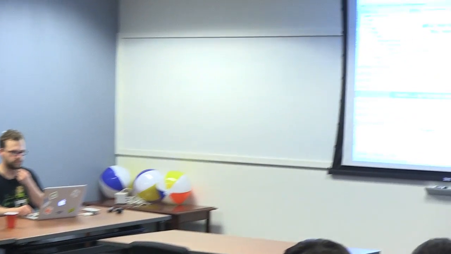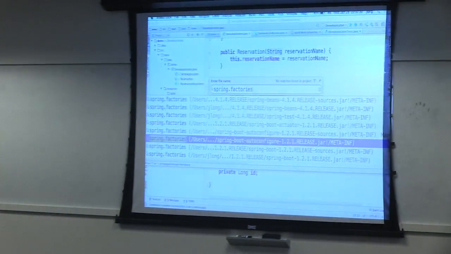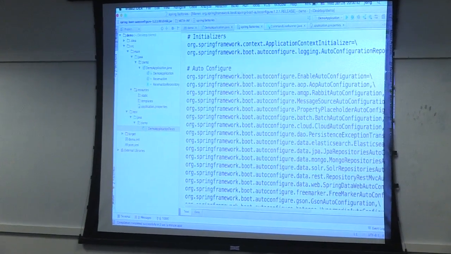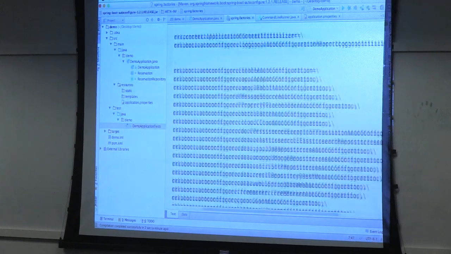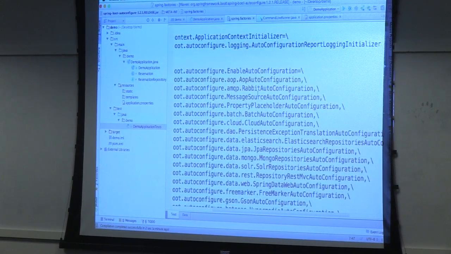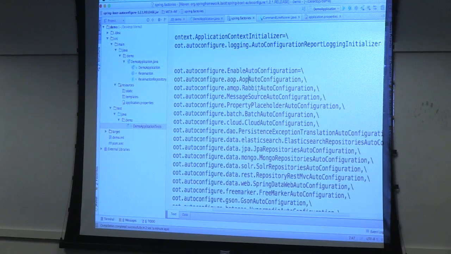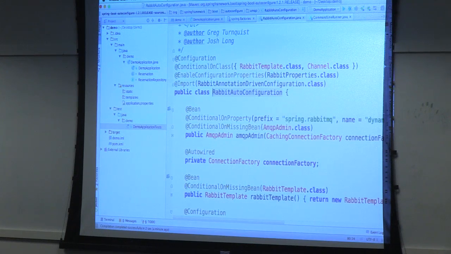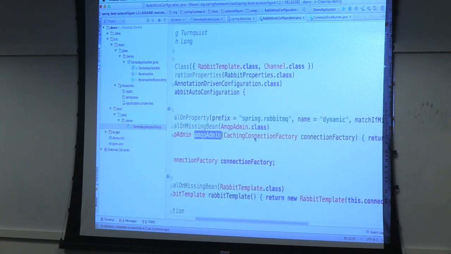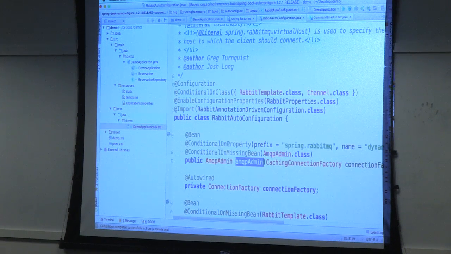that lives in every Spring Boot app. It's in the META-INF directory. And when you go to that file, you'll see org.springframework.boot.autoconfigure.EnableAutoConfiguration equals, and then a bevy of different autoconfiguration classes. These get started up when Spring Boot starts up, and they define beans that are based on conditions. So for example, here's the Rabbit autoconfiguration. It says, load this Java configuration class and call each provider method and define a bean, but only do so contingent on these conditions being true.